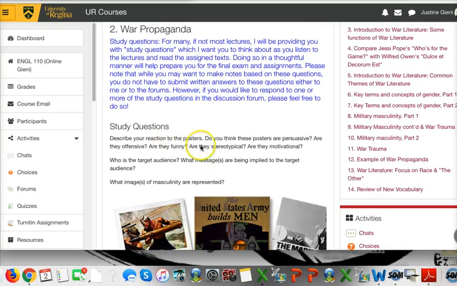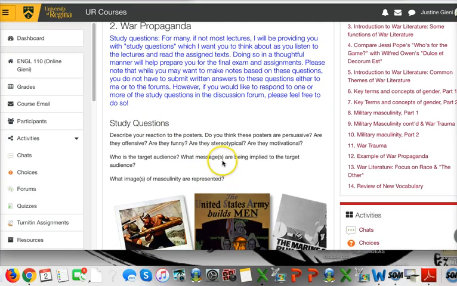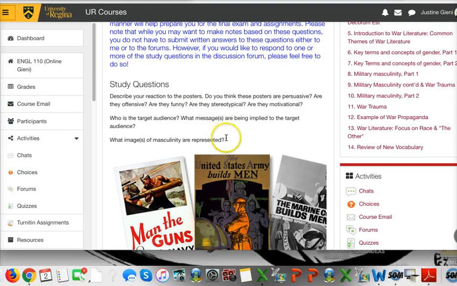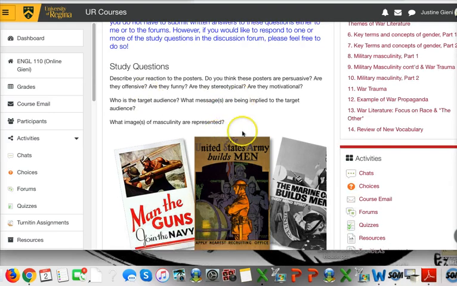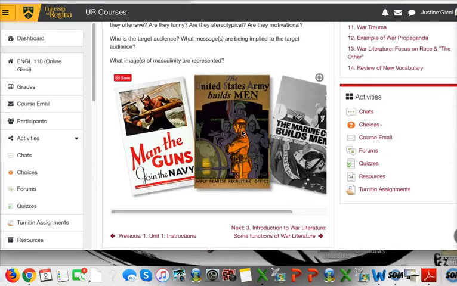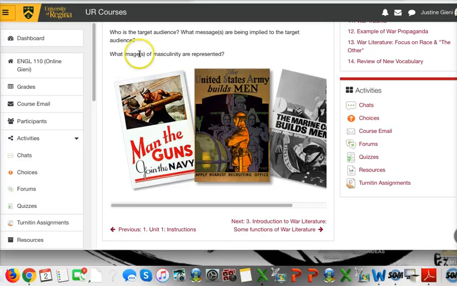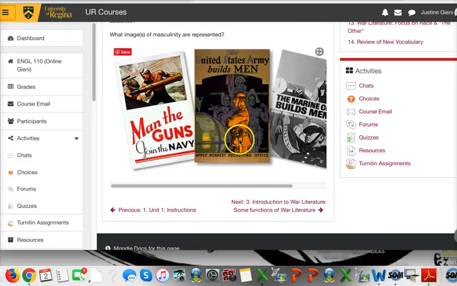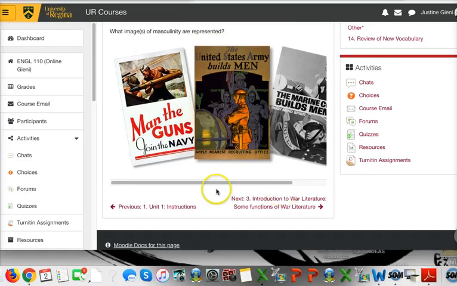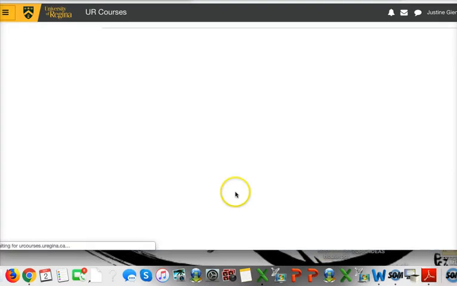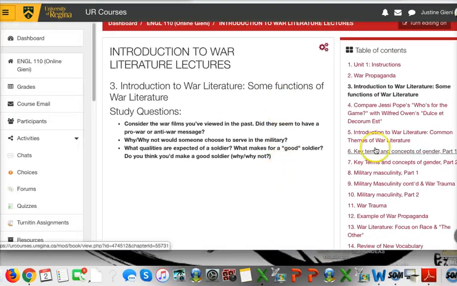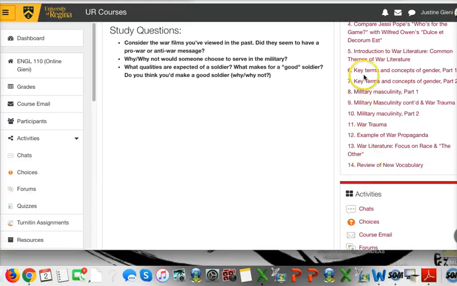These aren't mandatory. You don't have to answer them. They're there to encourage you to think about these questions being asked. If you do want to answer one of them, there is the discussion forum for each unit, and you could pick one of these study questions and answer them more formally in your response. But you can just click through these different chapters, and on the side here is the table of contents. So you can go through all this material,